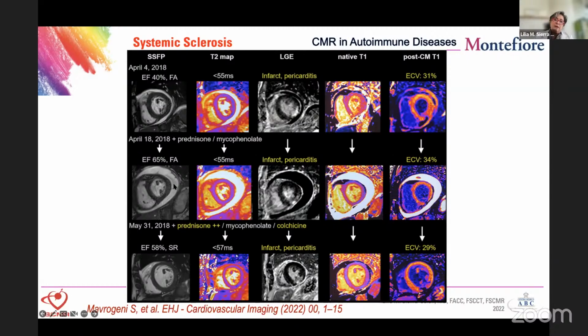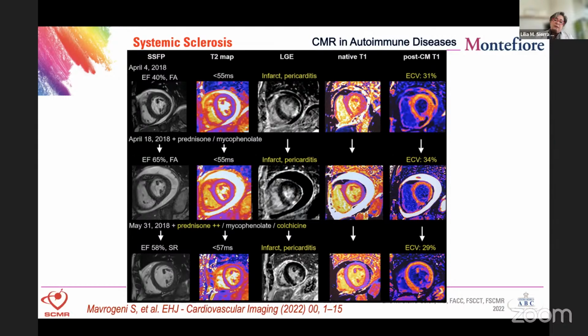And if the patient does not receive the proper or complete treatment, maybe it's going to improve in some components. For example, this patient received some treatment with prednisone and mycophenolate, and with this, the function improved. The edema didn't change because since the beginning it wasn't the main problem. The infarction, every chronic infarction shrinks. But the problem of the pericardium increases because we are not treating the inflammatory pericarditis.